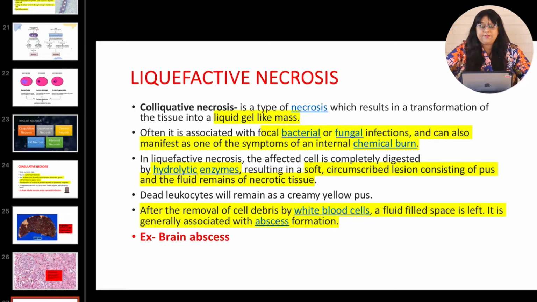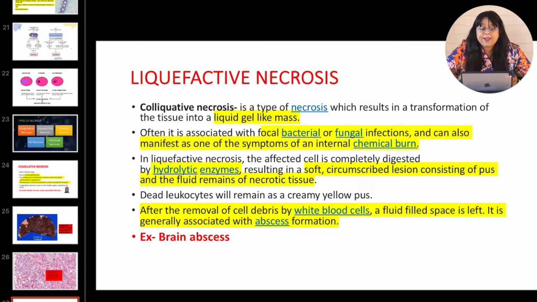Coming to liquefactive necrosis. In this type of necrosis, there is transformation of the necrosed tissue into a liquid gel-like mass. So how will the necrosed tissue look in liquefactive necrosis? It will look like a gel-like mass. That is why the word liquefactive necrosis, because it will look like a liquid. Often it is associated with bacterial and fungal infections, and it can also be seen in cases of internal chemical